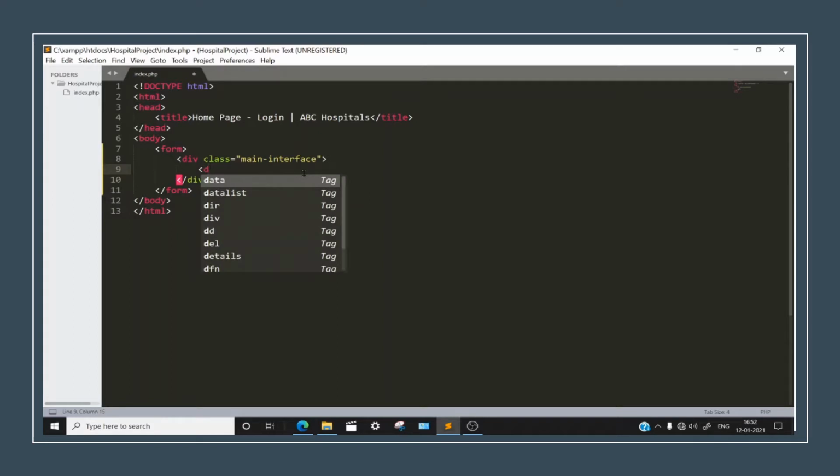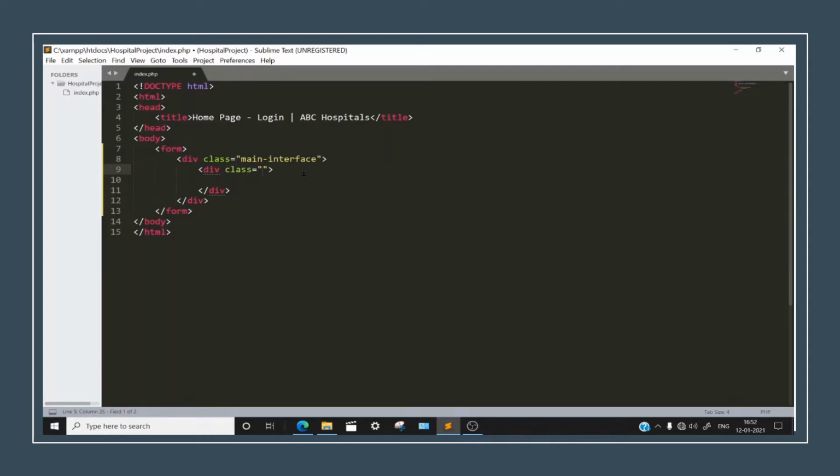Wait a minute, div, and now we will have it with class header. Fine. Alright, so now let's make this an h2 tag and hello.